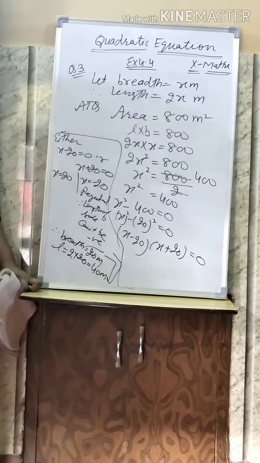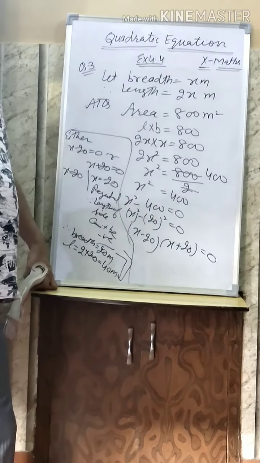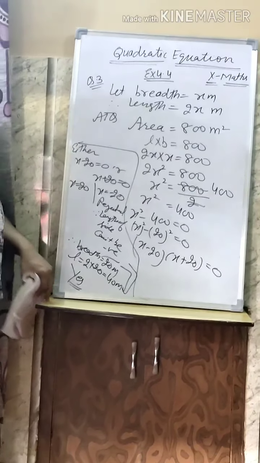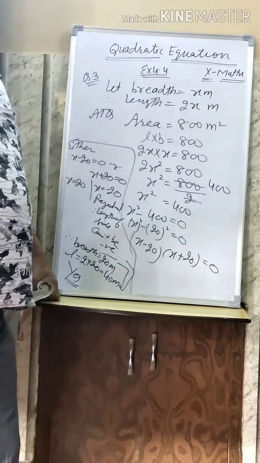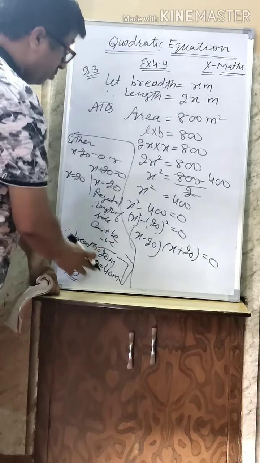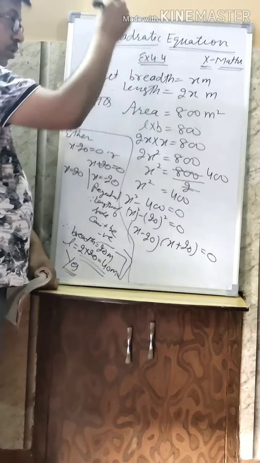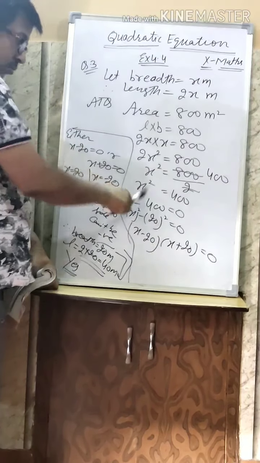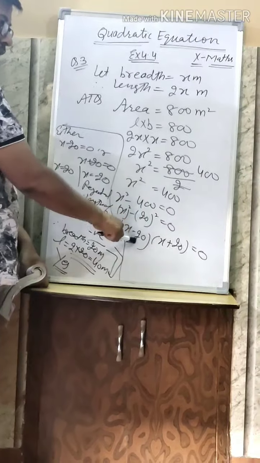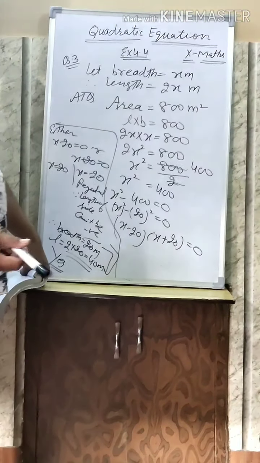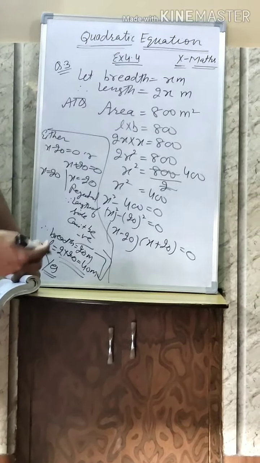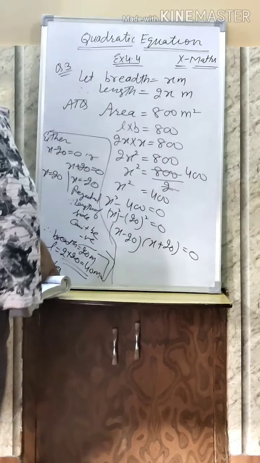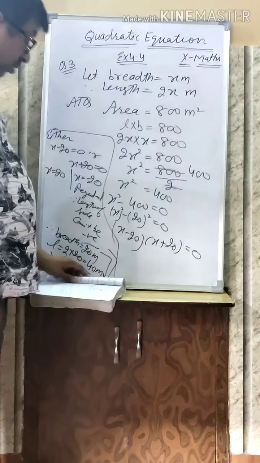If you are getting the answer, then it means this situation is possible. Then you can say yes, this situation is possible because you are getting the answer. So first you read the word problem, make the main equation, and then make the quadratic equation. If factors are possible, you make the factors, and then you get the answer. Then in the last you say these are the answers, and yes, the situation is possible. So in the same way we are doing.